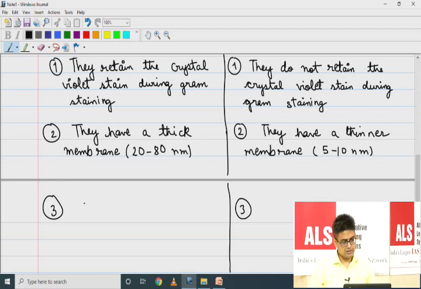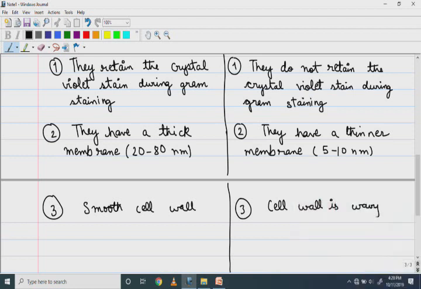Third, gram-positive bacteria have a smooth cell wall. Gram-negative bacteria have a wavy cell wall. Okay. Fourth thing is